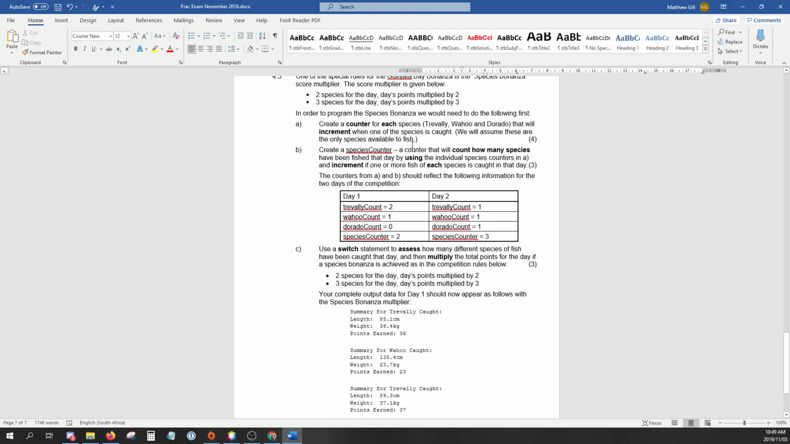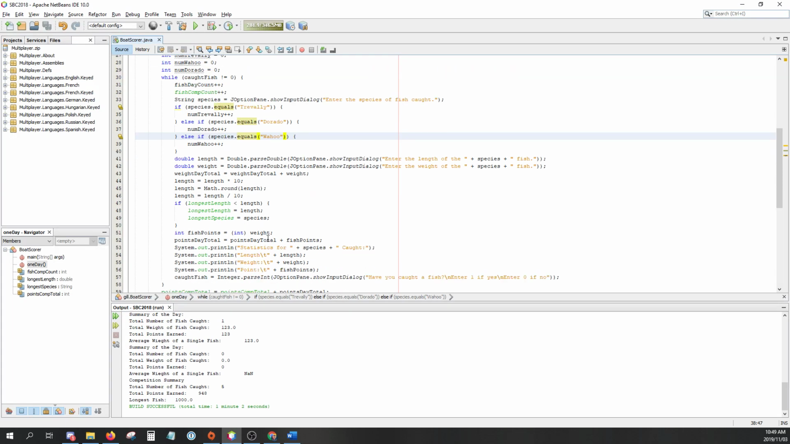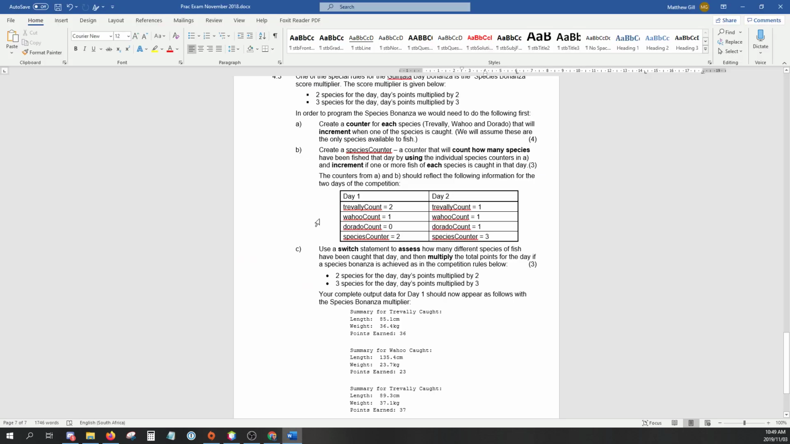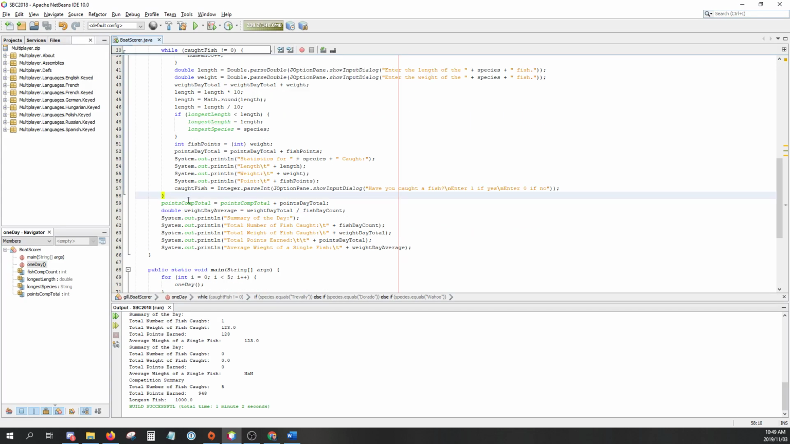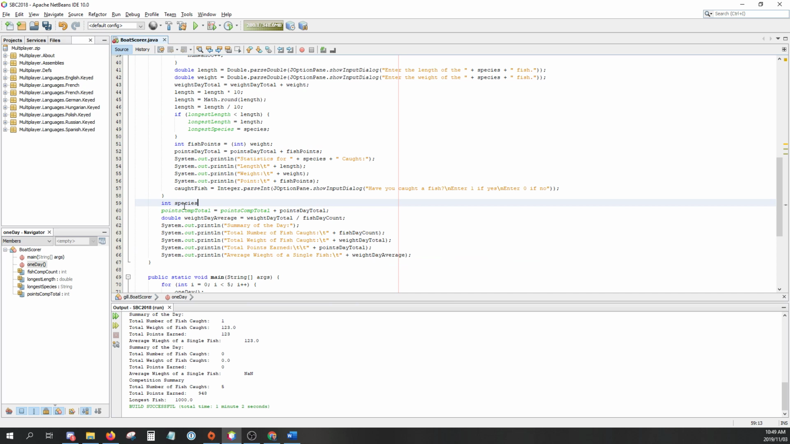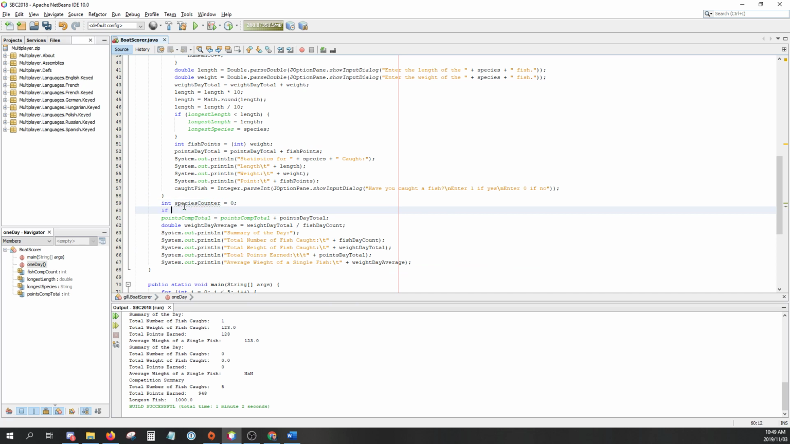Right, create a species counter. A counter that will count how many species have been fished that day by using the individual species counters in A. Cool. And increment if one or more fish of each species were caught in that day. Okay, so species counter. I think we can do this after the day's done. int speciesCounter = 0. And then if